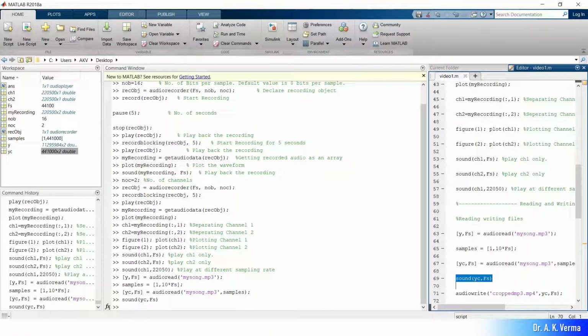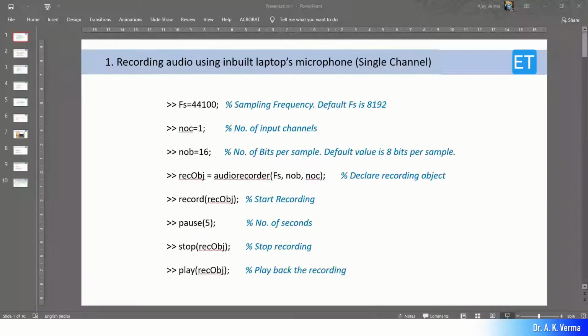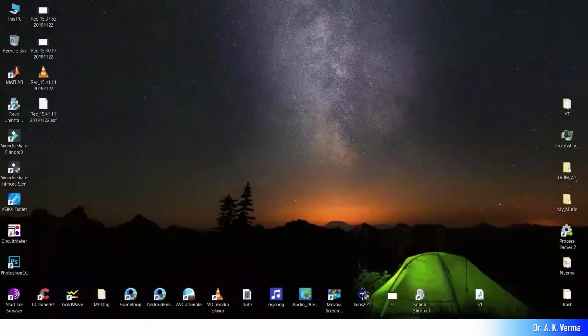Okay, this is the first 10 seconds of that song. Let me show you that song also on my desktop. So this is the song, my song.mp3. Okay, now